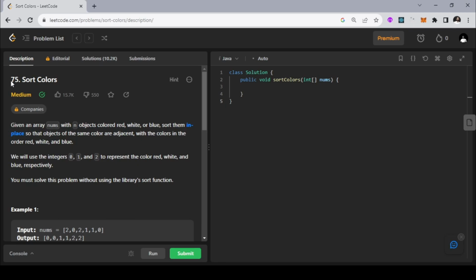This is LeetCode problem number 75, and the problem is Sort Colors. We're given an array of n objects that are colors, and these colors are red, white, and blue, and we need to sort them in place so that objects of the same color are adjacent, with the colors in the order red, then white, then